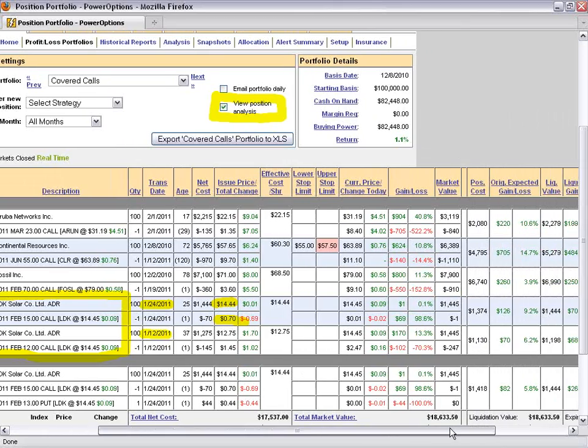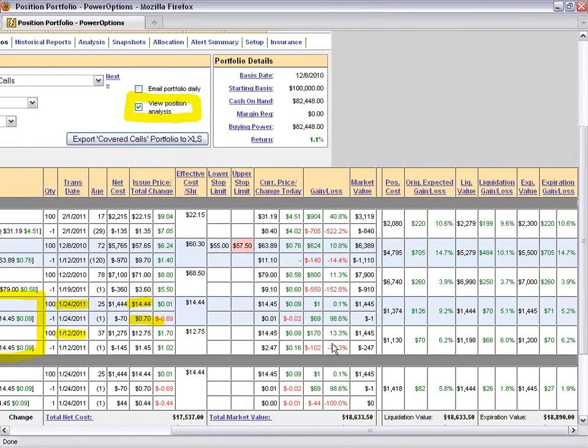What that will do for me is add 6 extra columns over on the right-hand side. So on this first position, what I see with my analysis is that my original expected profit and loss for the LDK position that was opened in February was $126 off of a $1,374 investment, or 9.2% return. Now, the stock is currently trading at $14.45, and remember, we sold the February 15 call. So it stayed out of the money. It didn't go above our strike price, so we're not going to realize the maximum return.